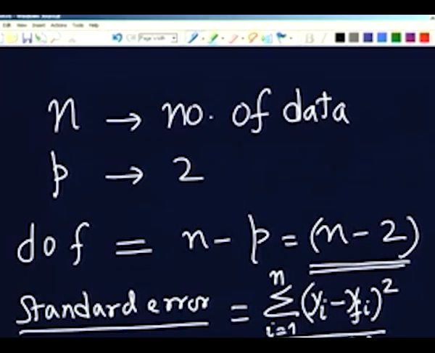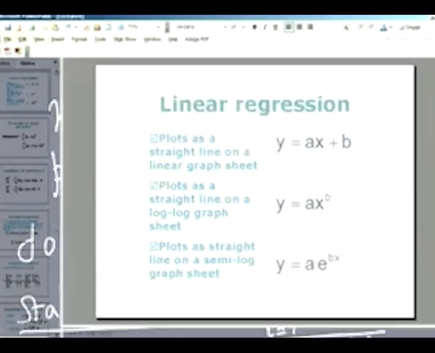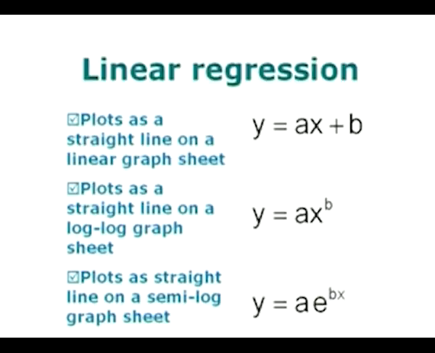So, with this background, let me go back to the slide, and what I am trying to do is to see these 3 types of relationship. All of them are going to be linearized. That means that if I plot appropriately, I am going to take logarithm on both sides. In this case, I am going to take logarithm on only one side. Semi log means I am going to plot in a different way. So, if I do that,